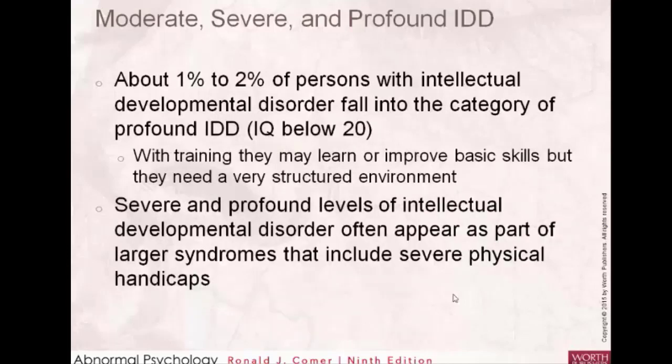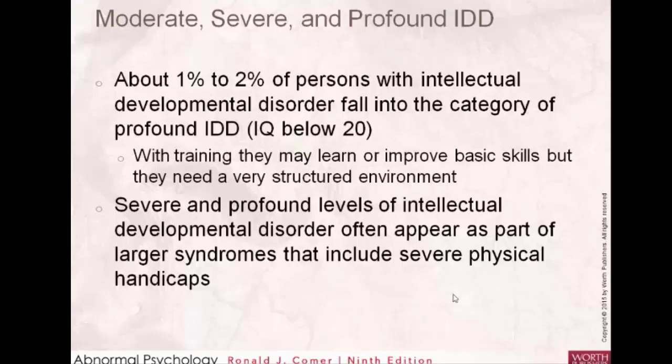of practice. Beyond that, only about 1 to 2% of individuals who have intellectual disability fall into the profound category here, which is an IQ score below 20. It's very difficult to get an IQ score that low. As it says on the slides here, these individuals can potentially learn basic skills, but they're going to need a very structured environment. They're going to need a lot of patience and one-on-one tutoring, and appropriate expectations would be very